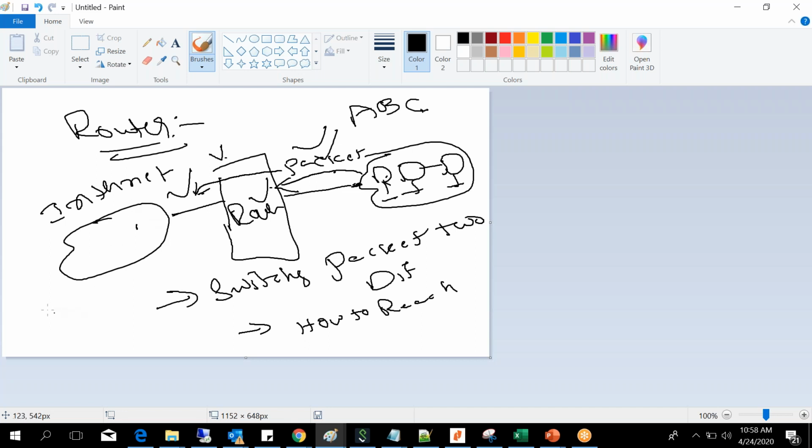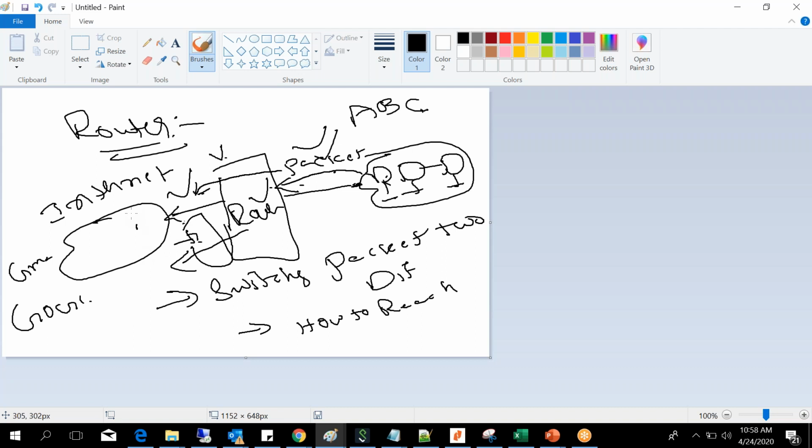Let's say if I want to go to Google, it maintains a routing table of how to reach the destination. Let's say I want to go to some Gmail server. The router has the routing table, so whenever a packet comes from your local system, it just routes it to the internet.